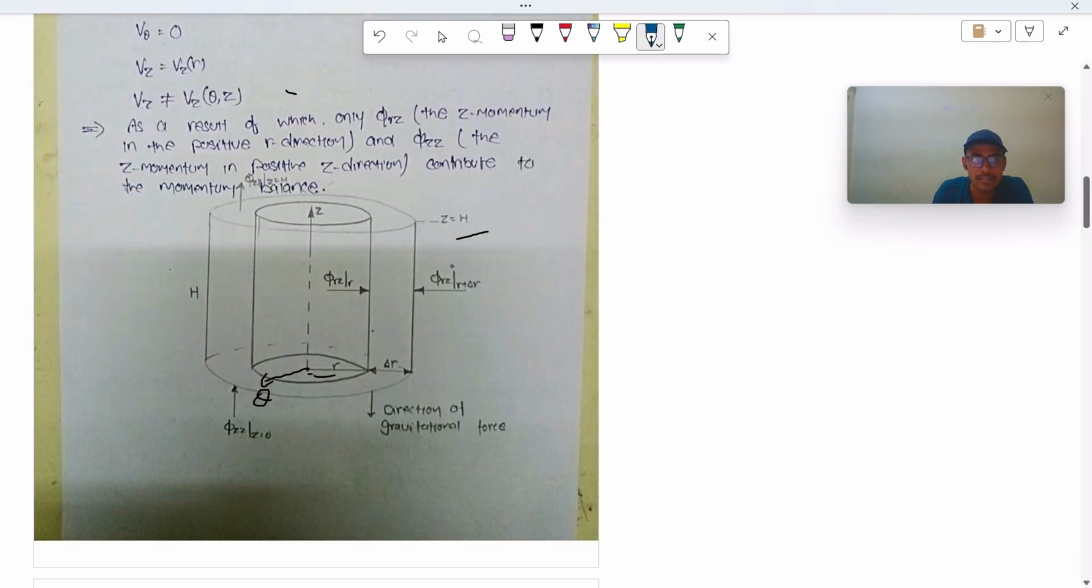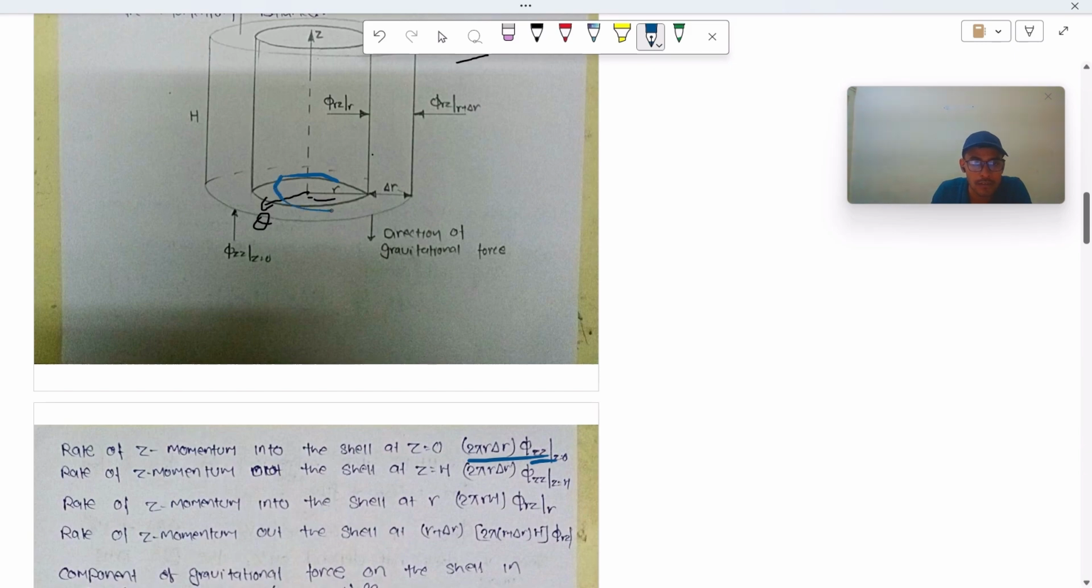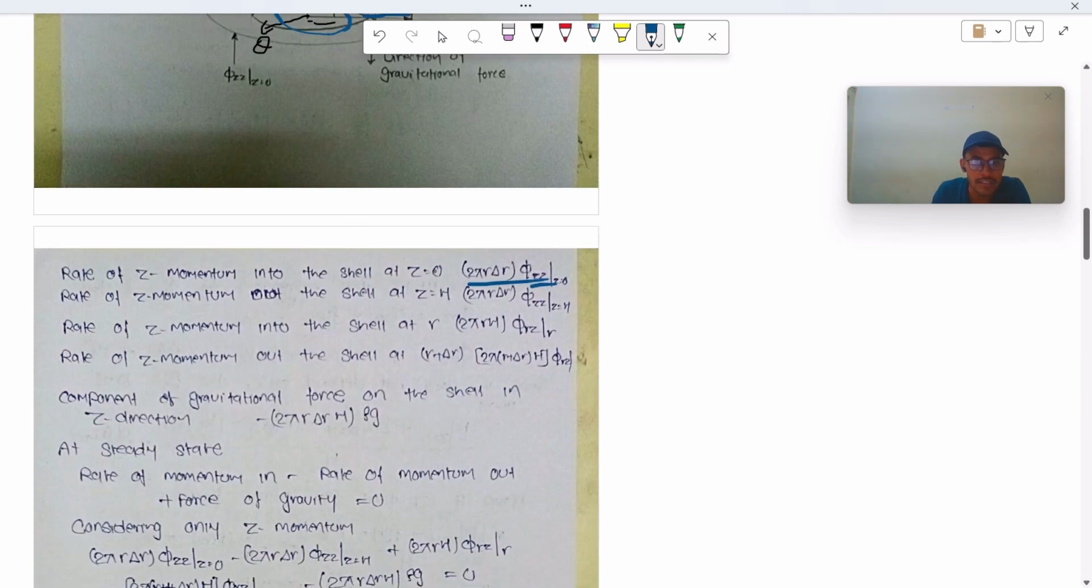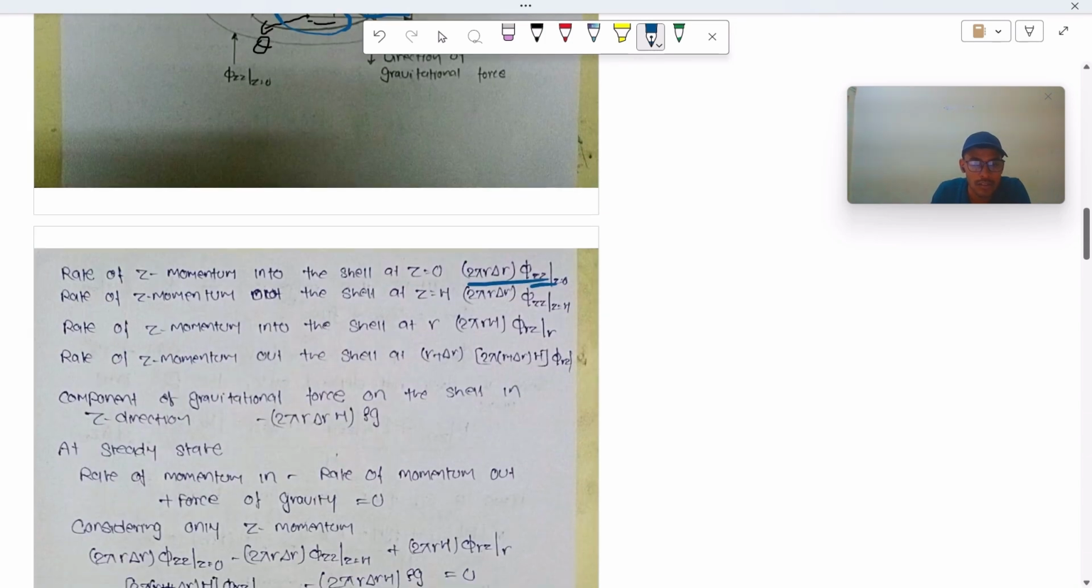We can see that the cross sectional area is 2 pi r into delta r. This is 2 pi r, and its thickness is delta r, that is the total cross sectional area in z direction. It will remain the same at z equal to h. This is in and this is out. So now coming back to rate of z momentum in cell